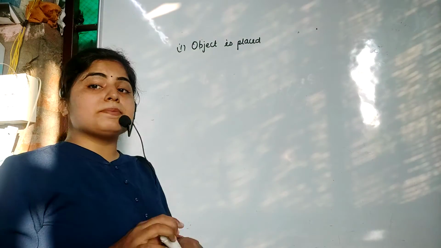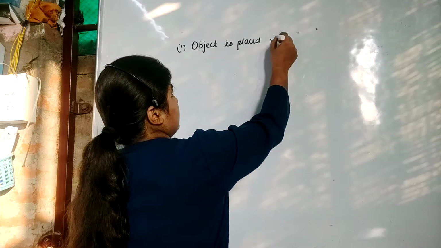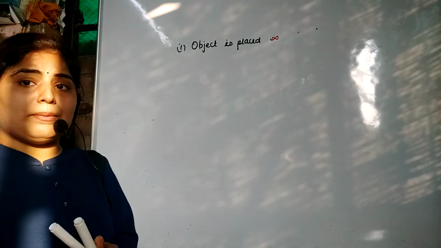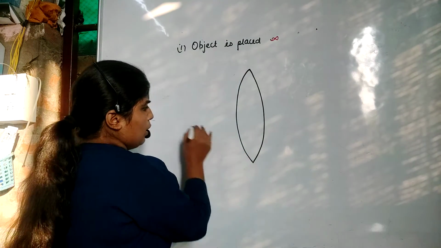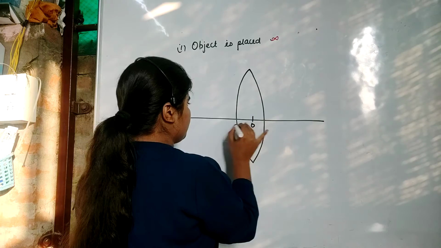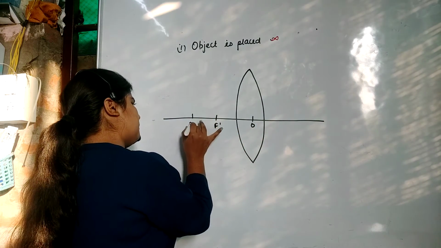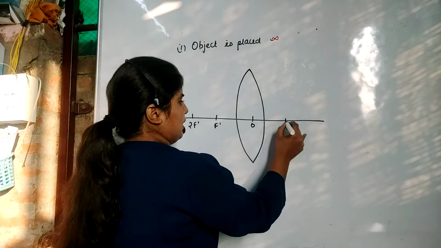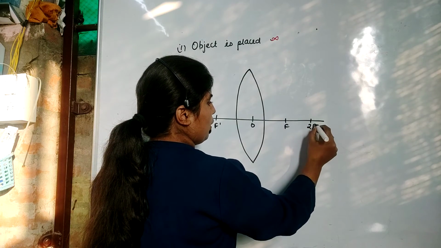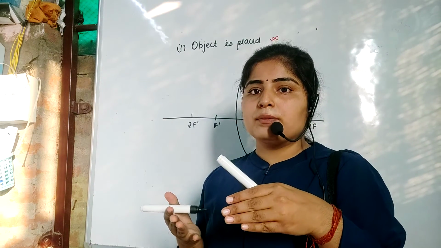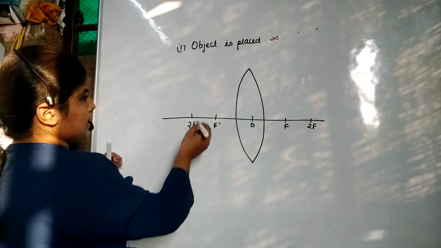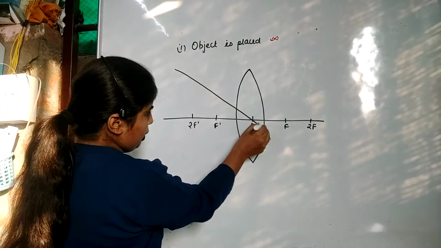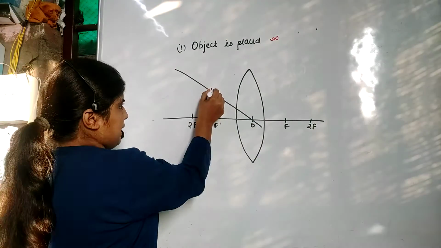Now the object is placed at infinity. That is the last case which I am going to discuss. So here I am going to place the object at infinity. We are familiar that whenever the rays are coming from infinity, they are actually slant, not like this but slightly slant. So suppose a ray of light is coming from infinity, and a ray of light which is passing through the optical center comes like this,